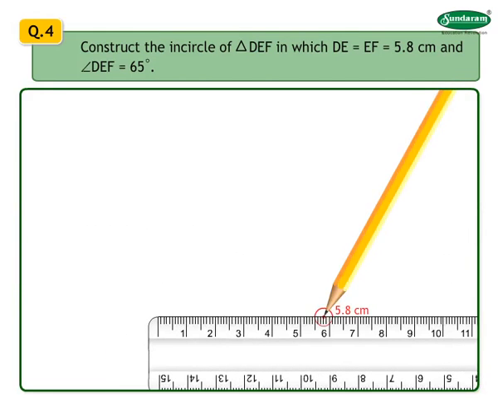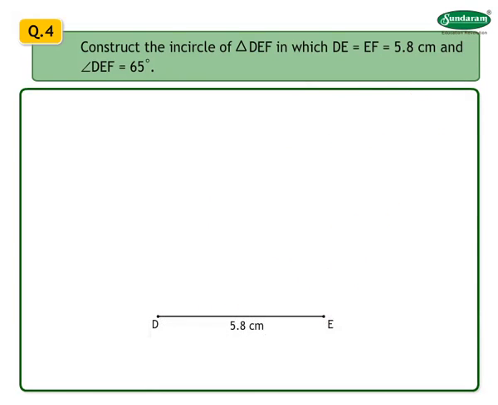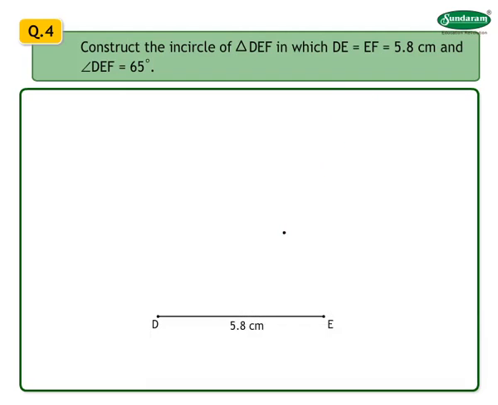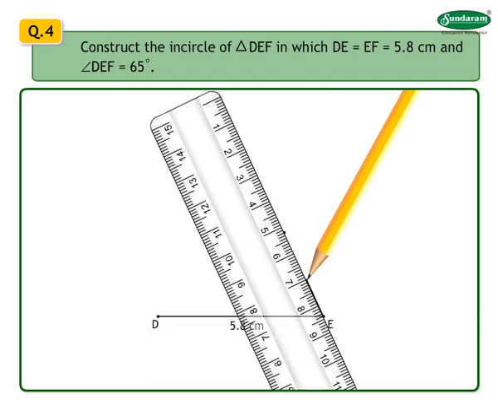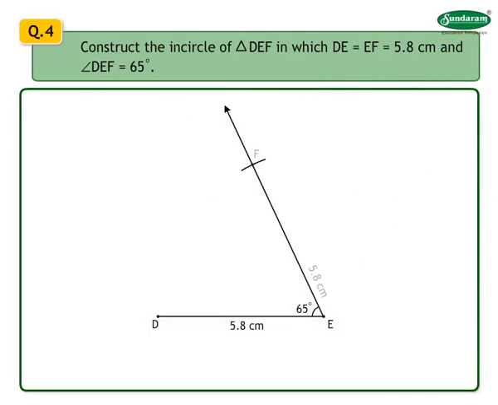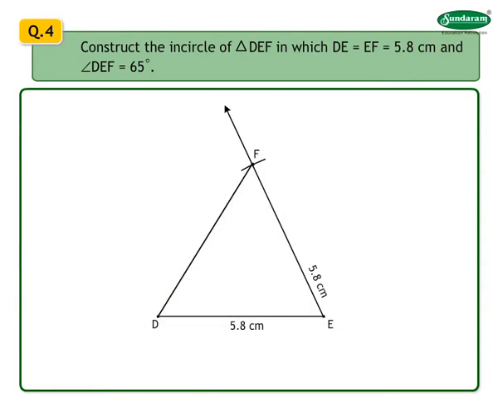First, draw segment DE of length 5.8 centimeters. Measure 65 degrees from point E and mark a point. Now, draw an arc from point E of length 5.8 centimeters and mark that point as F. Join DF. You get the required triangle